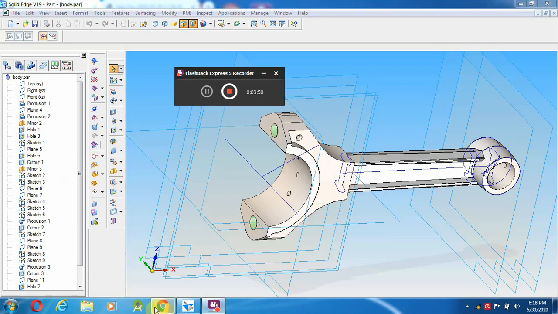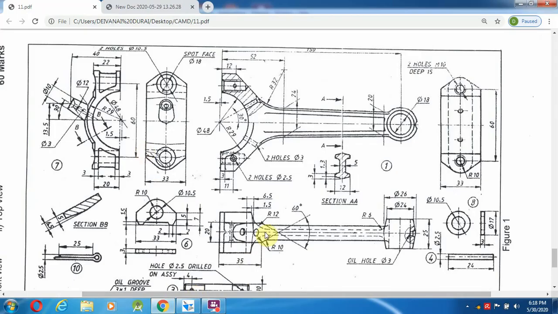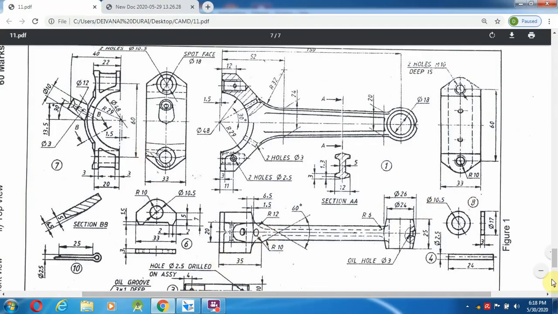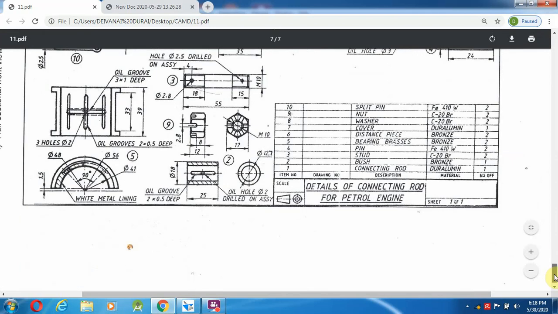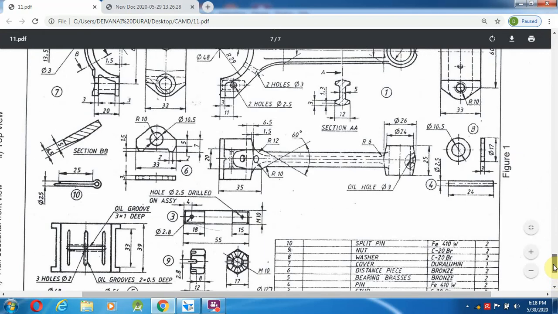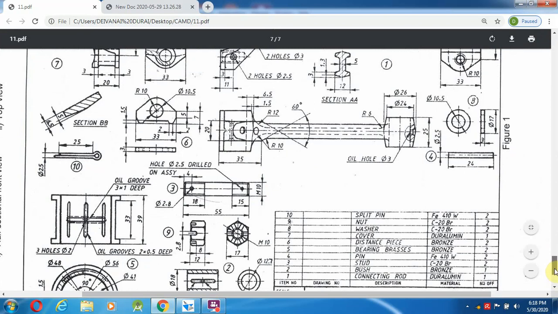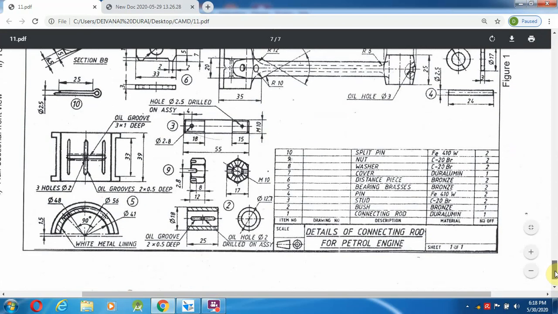So we are going to draw the second part. Now where is the second part? Second part, bush. Where is the bush? Here the bush is there. This is the front view and side view.